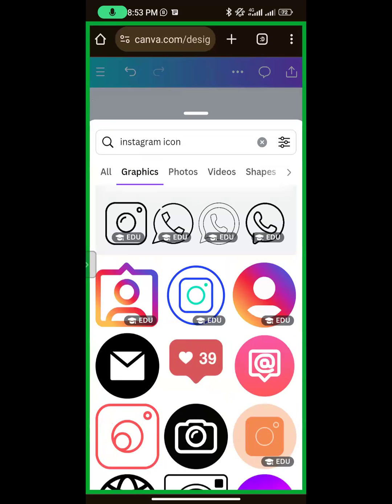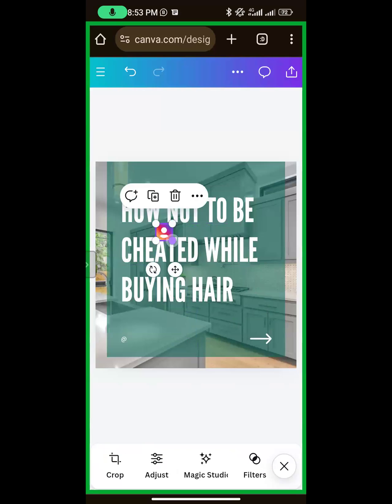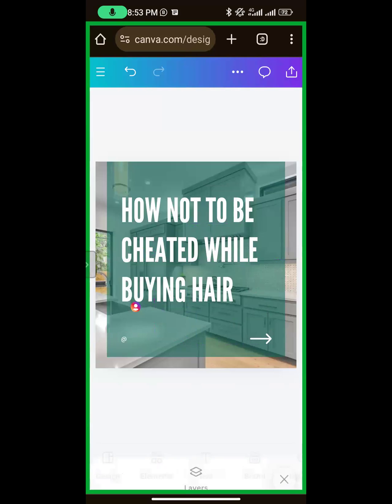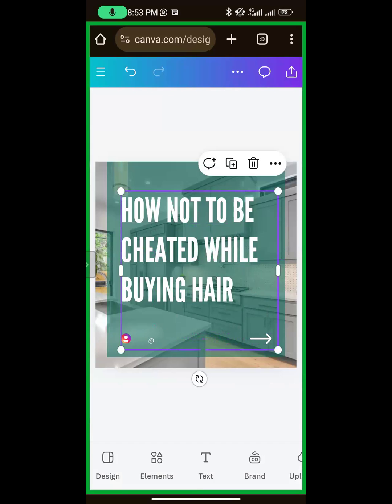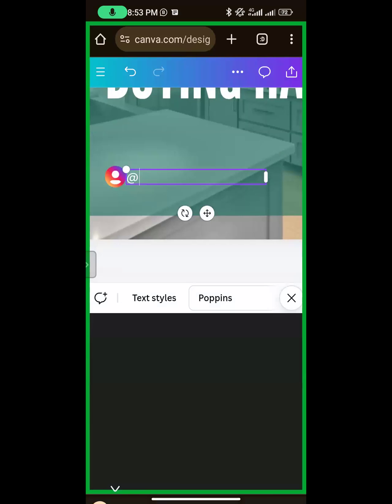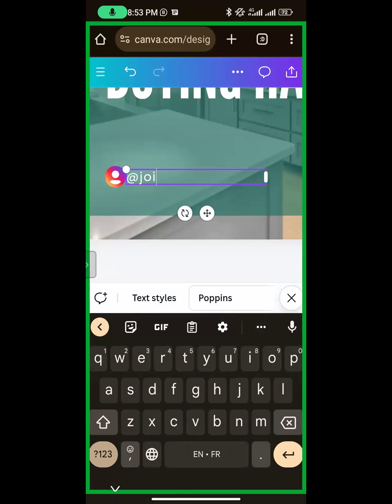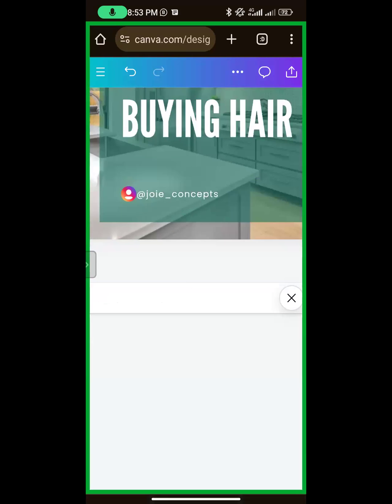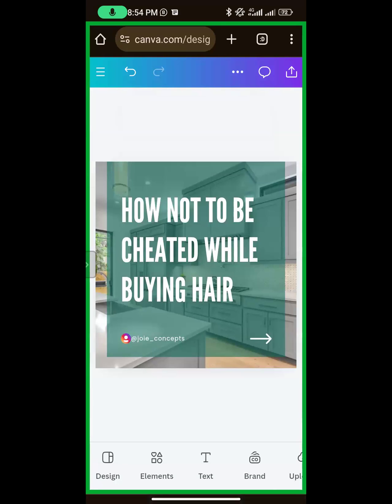Can even use this one. This one is very clear. I'll drag it here. And then this is the person's social media handle on Instagram, at, let me use my Instagram handle, Joy Concepts. So you can also go and follow me, go and see some of my works and follow me. Okay, so Joy Concepts. So that's at Instagram. This is the person's